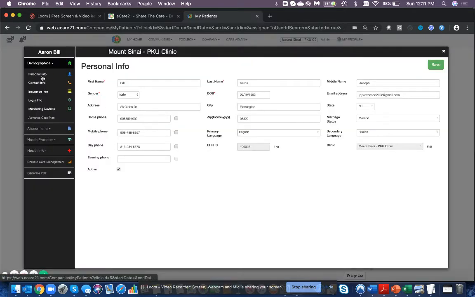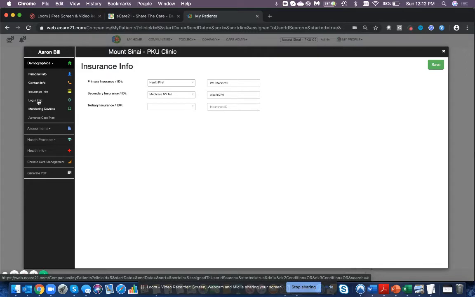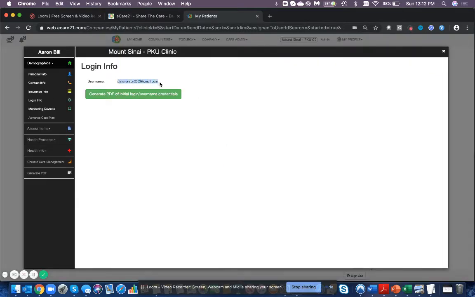review his demographics, his personal information, his contact information, his insurance information, his login information. This is how Bill Aaron logs in to the system. We don't know his password, but indeed we do have his username. And this unique username is what ties together and connects the data from the eCare21 app that Bill Aaron is using and the clinical documentation backend provided by eCare21 so that nurses, physicians can review and assess a patient at